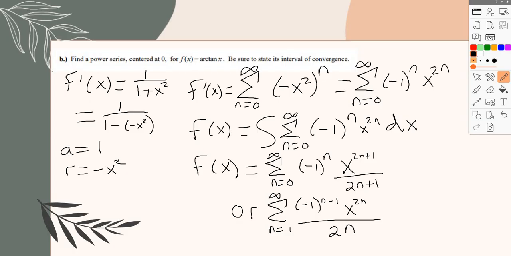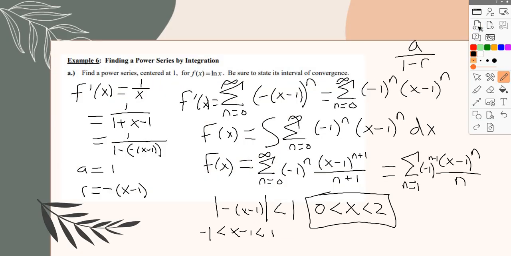If I plug 0 into my original, it is 0, so my C would be 0, and that's how most of these will be. Also with these ones, because I'm going to be centered at whatever I'm subtracting here, it's going to give me a 0 if I plug that thing back in, and so we end up with constants of zero. You could technically write it, but it's going to be 0, so we usually just